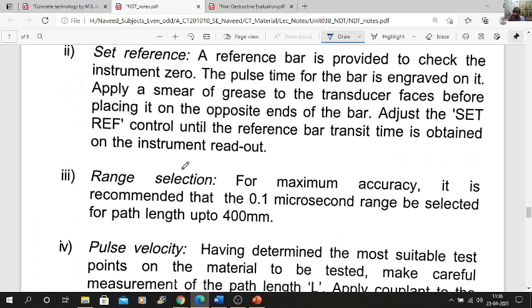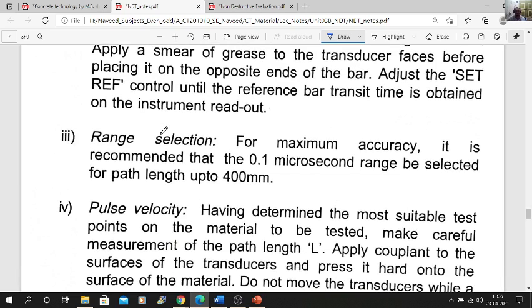Adjust the set reference, right? When we set the reference on the bar, adjust the set reference on the velocity meter control until the reference bar transit time is obtained on the instrument readout. So until the transit time given on your bar appears, we will set the reference.